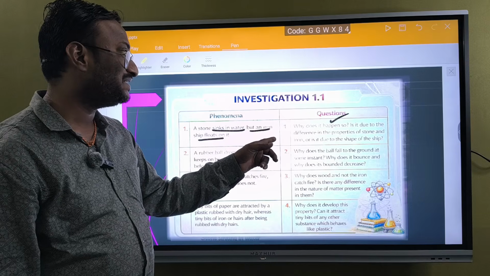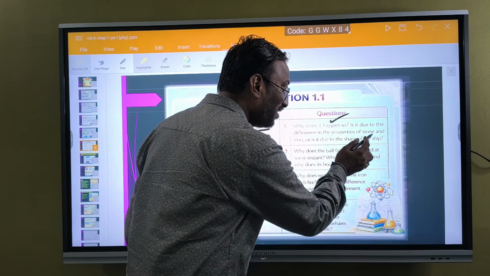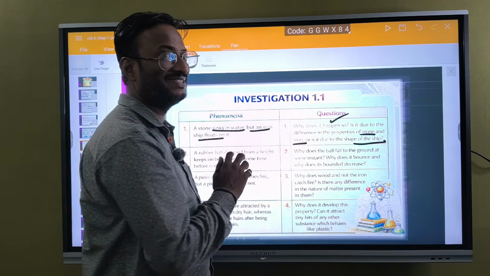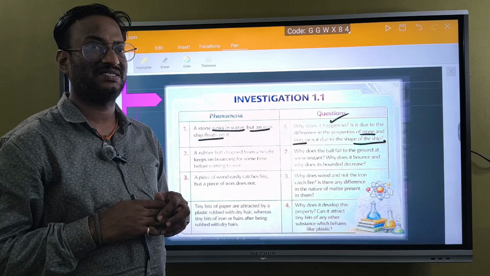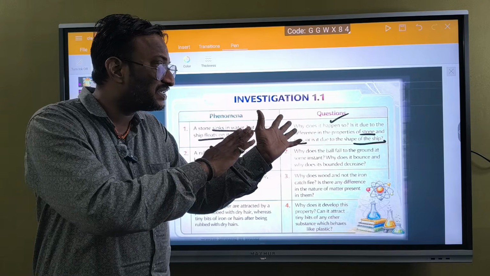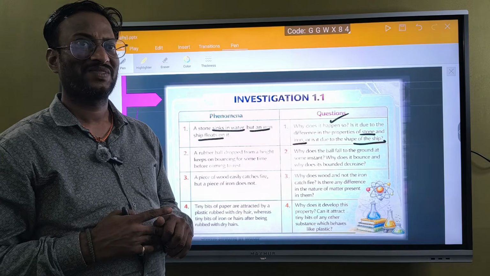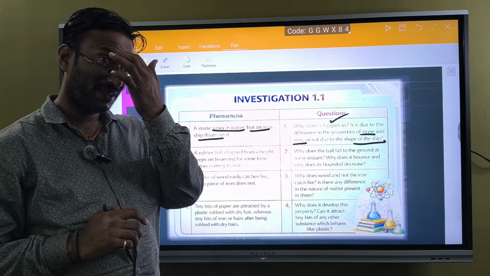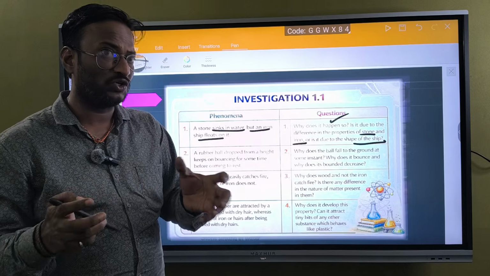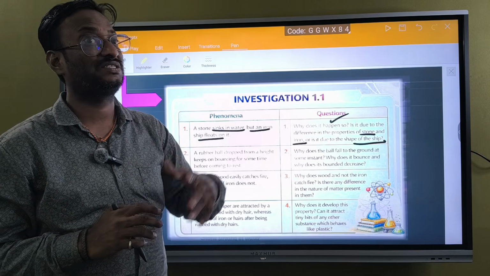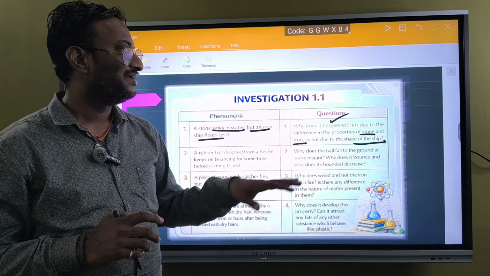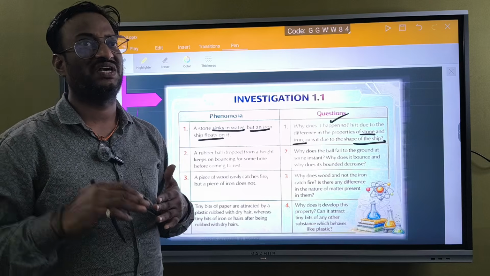It is due to the difference in properties of stone and iron. This is one more question. Or it is due to the shape of the ship. See, likewise we are going to get the questions. If we know the answers to this kind of questions, we will get the knowledge. In learning the answers to these questions, we are going to get many laws, many theories, many concepts. In this way physics has been developed, children.